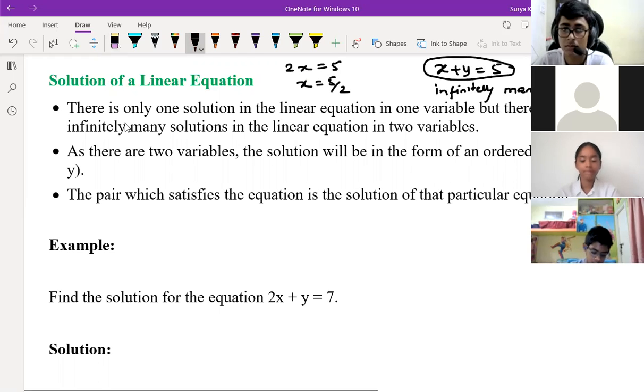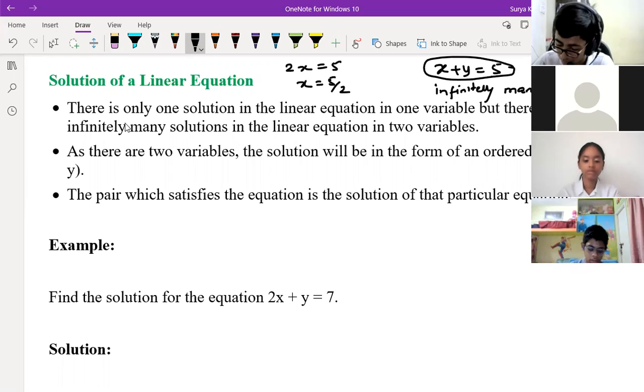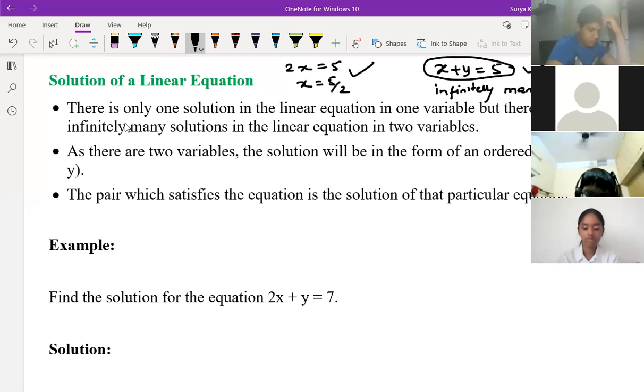Sir, here the solution and methods are different, sir. Our solution method is also one and infinite. Which one? Are you saying about the first part or the second part? No, sir. My doubt was that you're saying there's only one solution for the one variable linear equation and infinite for the two variables, right? Yeah, exactly, that's for the solution, but will the method be different or the same? I mean, will the number of methods be different or the same?